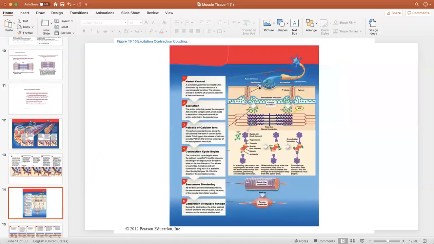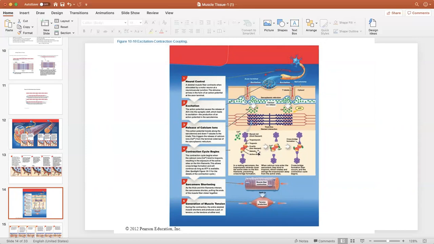When we have that propagation, it then goes down a T-tubule, the transverse tubules. That action potential excitation continues down that T-tubule and activates the sarcoplasmic reticulum to release calcium. So calcium hangs out in the sarcoplasmic reticulum. When we have the action potential and excitation of the sarcolemma, it travels down the T-tubules and causes release of calcium ions into the muscle fiber,